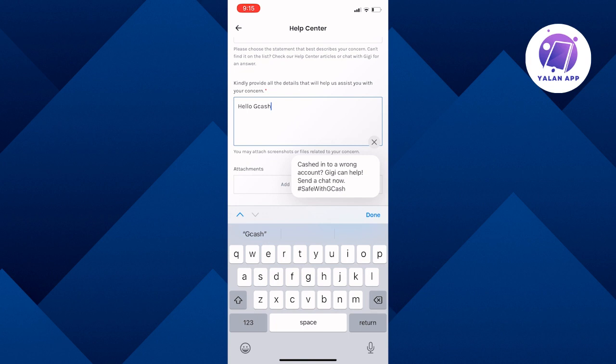So here we will write, "Hello Gcash, I want to fully verify my Gcash account using my national ID, but I cannot proceed with KYC verification. Please help me, and I hope that my Gcash can be verified. Thank you." In the Help Center, if it's not your verification, you can also write your other concerns, such as